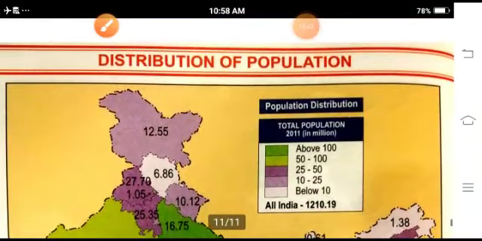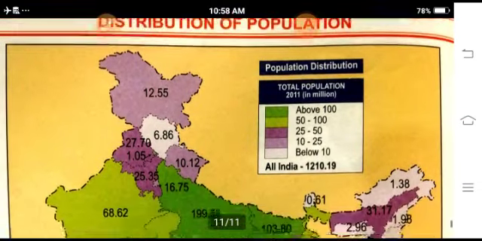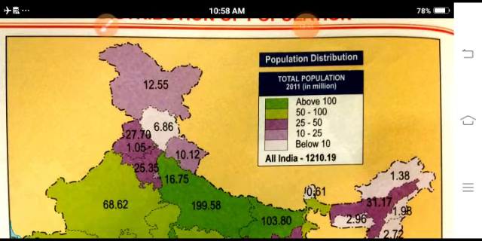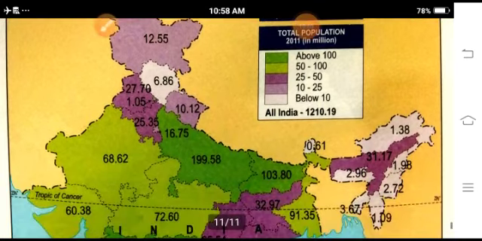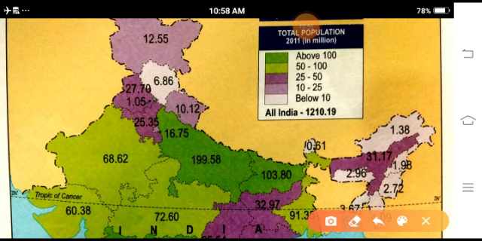Distribution of population is asked in two forms, sparsely populated or densely populated. Sparsely populated means where very few people live, below 10%. Here you have to see near the Assam area, top of Assam, and some other parts are sparsely populated.